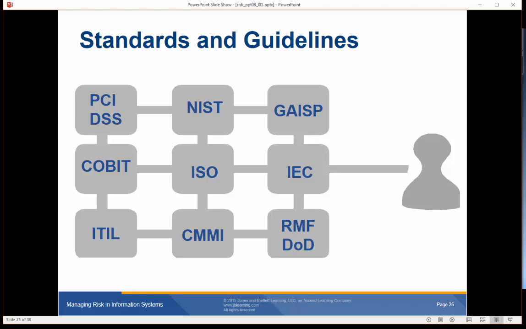So let's talk specifically about the payment card industry. PCI DSS, basically it's an international security standard. The purpose of the PCI DSS is to enhance security of credit card data. It was created by the PCI Security Standards Council, with input from several major credit card companies, and these companies include American Express, Discover Financial Services, JCB International, MasterCard Worldwide, Visa,